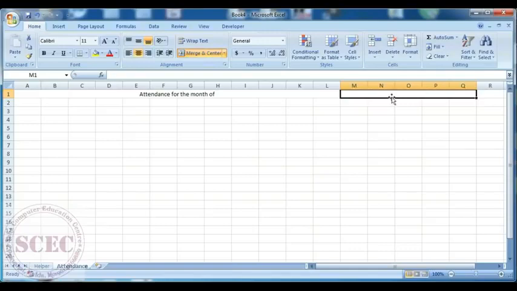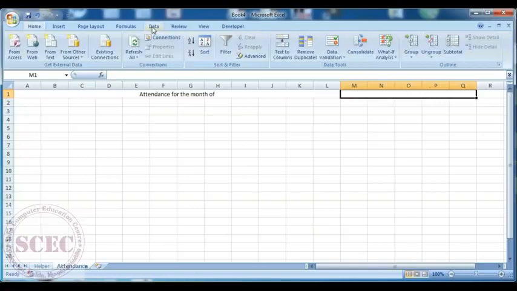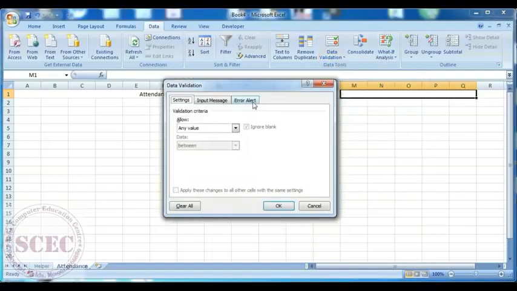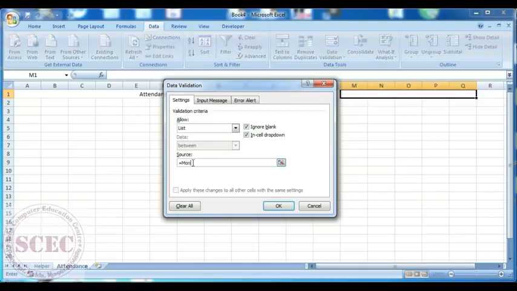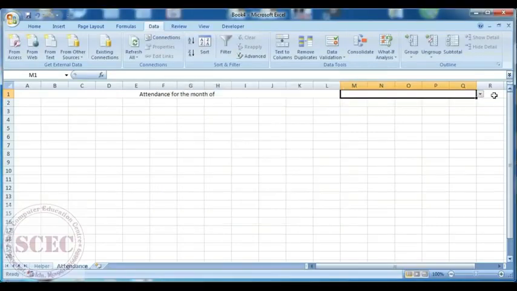And here we are going to build a list of months. In this case, data validation will help us. To get this, we have to go to the Data tab and click on Data Validation. This data validation will help us to make a list. If you want to learn about data validation, you can click on the I button here and get the link in the description below. So in the Allow box, select List. After that, in the source, type equal to months. Then click OK. See, you have got the list of months.